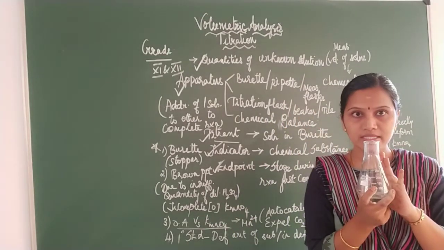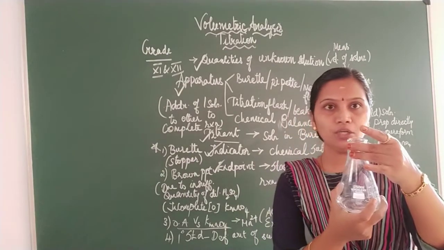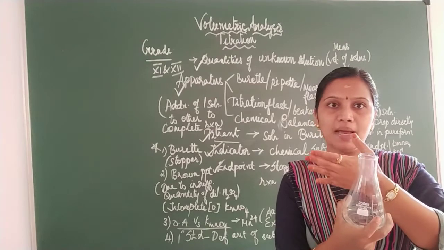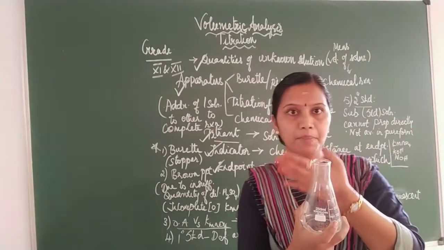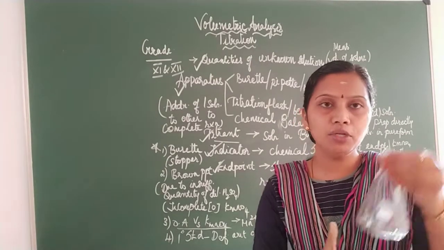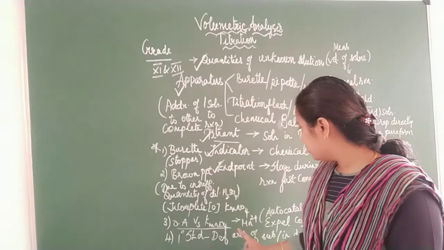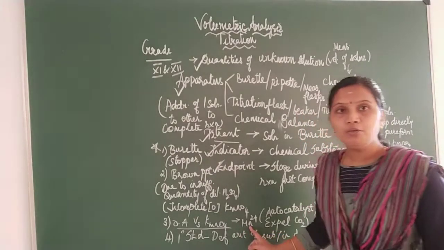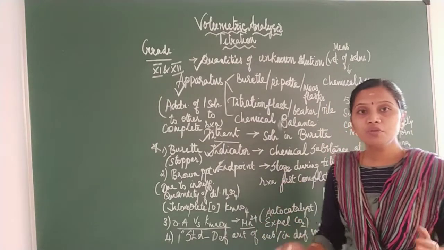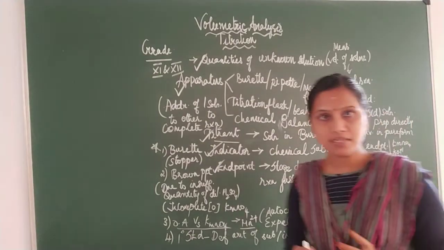When you are using oxalic acid against potassium permanganate, make sure that you are heating the conical flask in order to speed up the reaction. So you need to touch the backside surface of your palm so that you feel the heat. Then only should you proceed with titrating it. Why are you doing this? In order to speed up the reaction, because when the reaction speeds up, the liberation of Mn2+ will be more, which will act as an autocatalyst. As a result, the reaction proceeds faster.